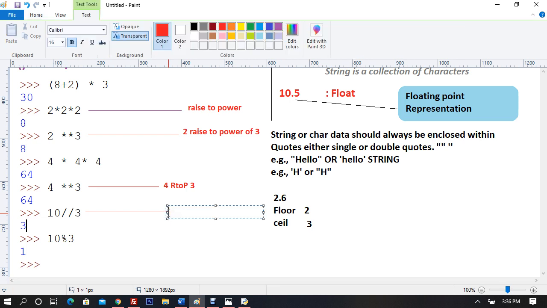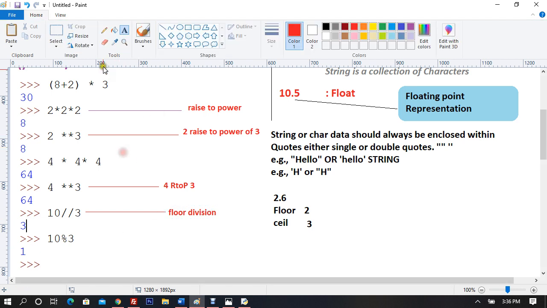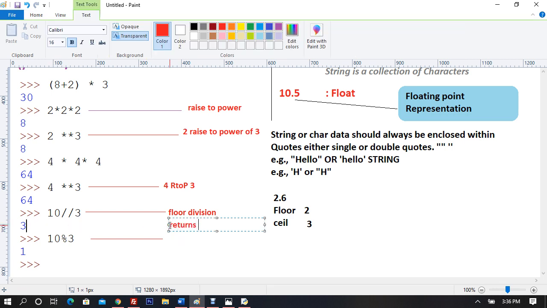Double slash is basically floor division. When I do floor division, what is it returning? It always returns the quotient.